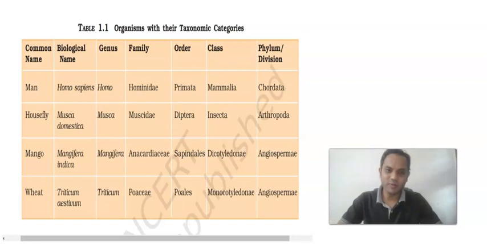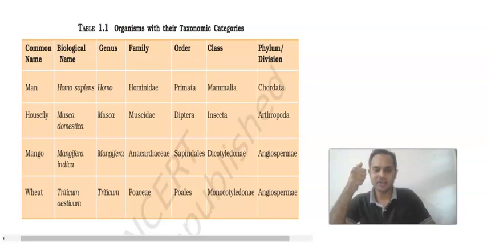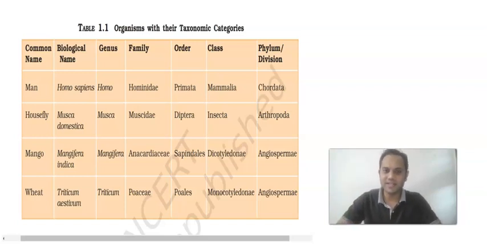In the previous video, we have seen the different taxonomic categories. According to the taxonomic hierarchy, the lowest taxonomic category is the species, and it goes up to the kingdom level. It starts from the species, then genus, then family, then order, then class, then phylum or division, and lastly the kingdom. So we have seen what exactly the taxonomic categories are, and what exactly a taxon is,